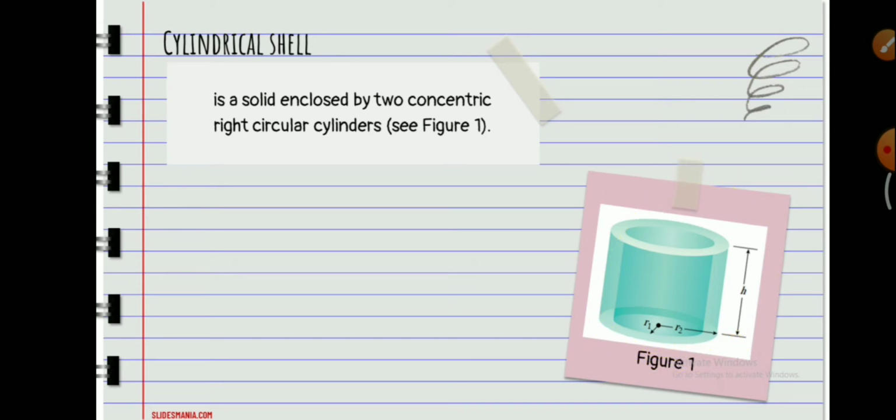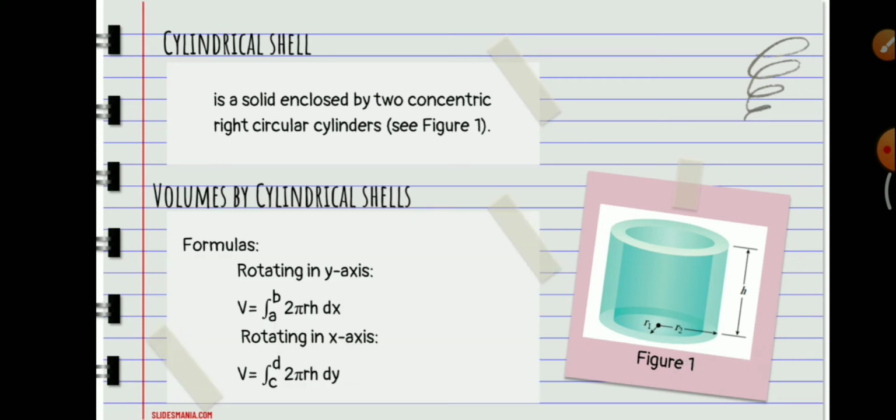In finding the volume using the cylindrical shell or the shell method, we will be using two formulas, this one and this one. If the cylindrical shell is rotating about the y-axis, we will be using this formula: V is equal to the integral from a to b of 2 pi rh dx. If the cylindrical shell is rotating about the x-axis, we will be using this formula: V is equal to the integral from c to d of 2 pi rh dy,